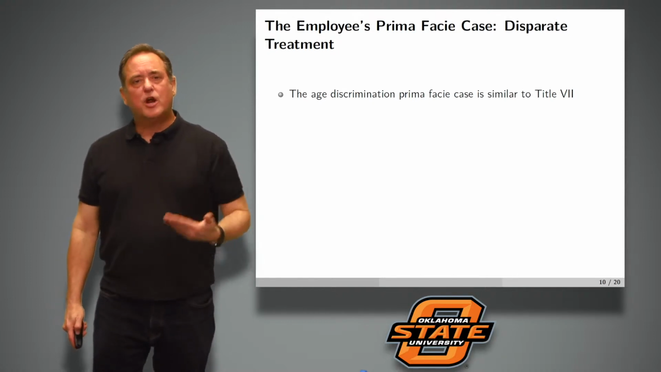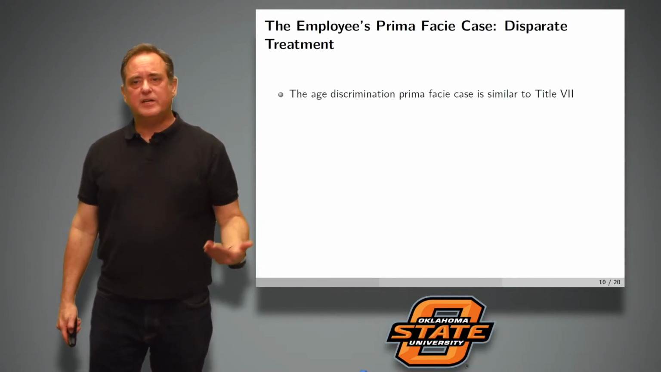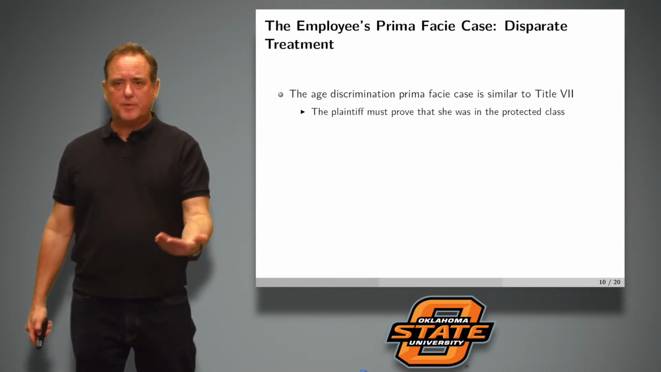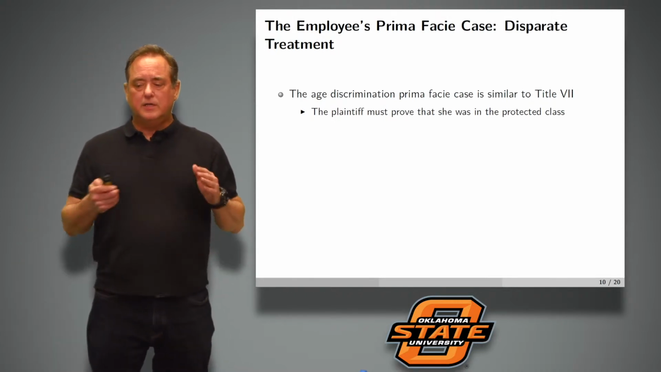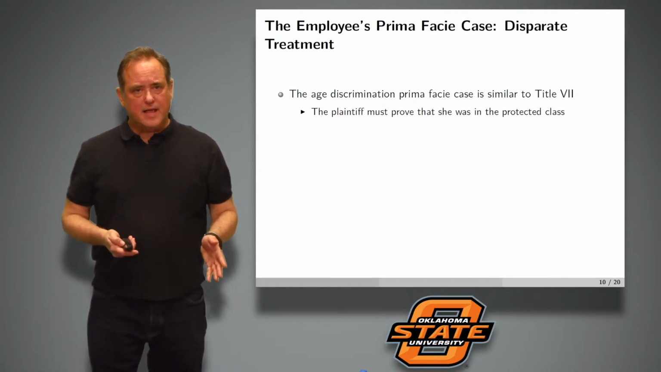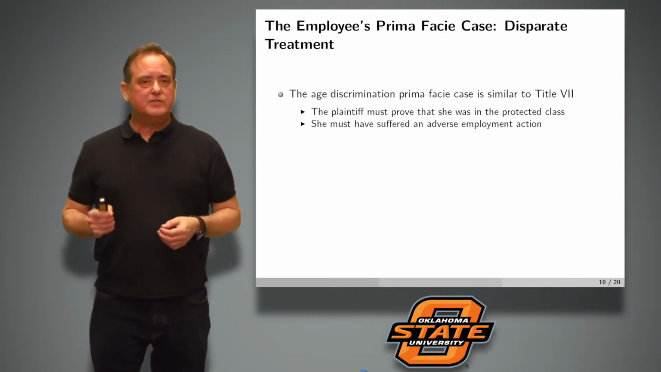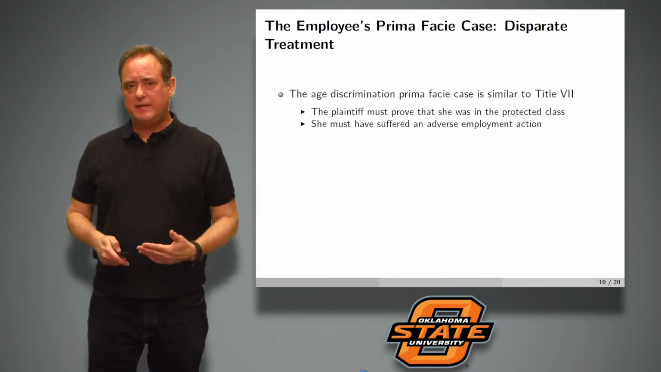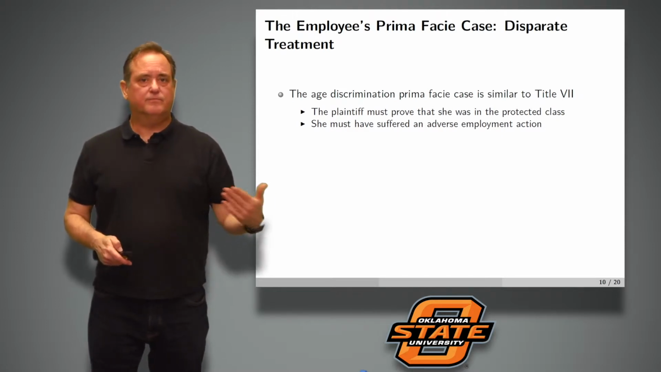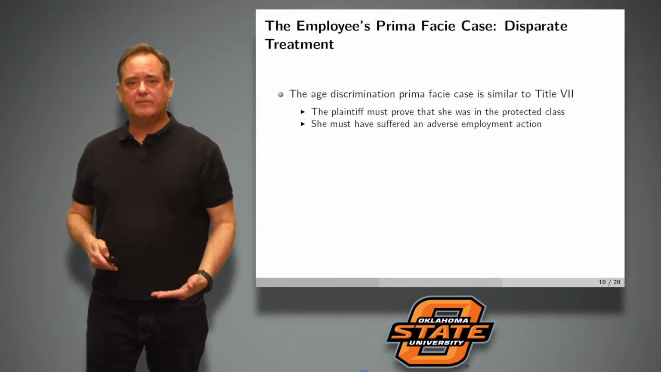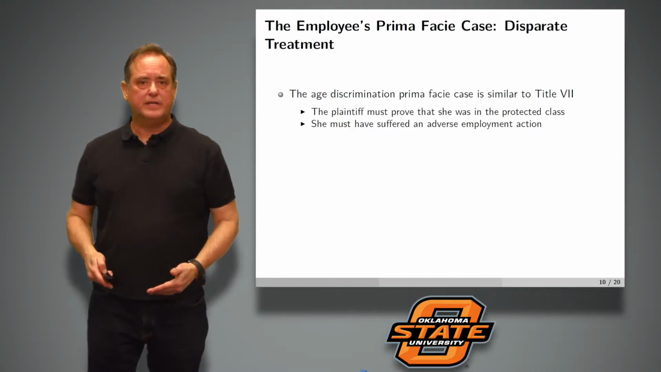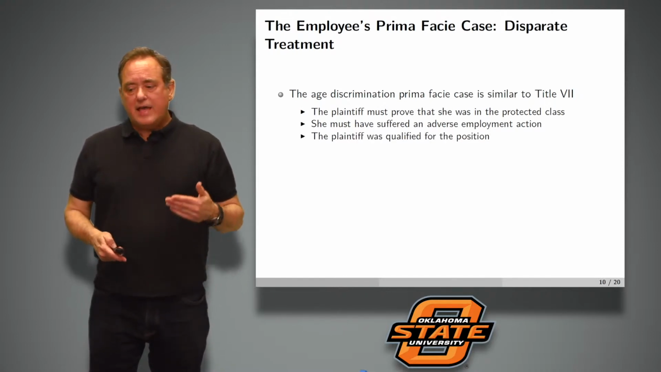So again, you start with the prima facie case. The prima facie case is going to be very similar to a prima facie case under Title VII. You have to show that you were in the protected class, meaning over the age of 40. You must have suffered some adverse employment action: firing, termination, loss of benefits, loss of wages,